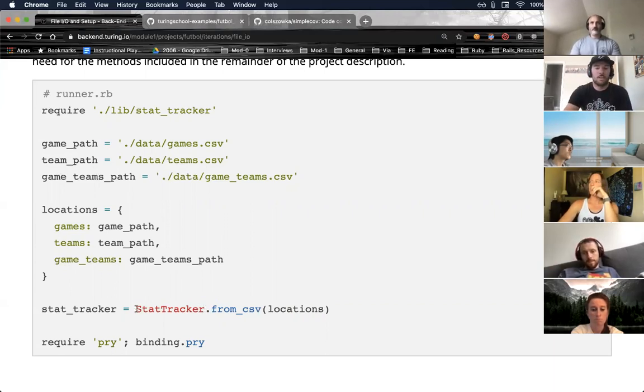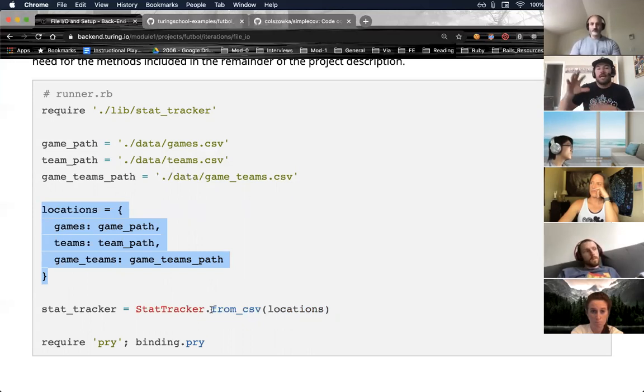Okay, so you can see this is the stat tracker class, this is the method syntax, and it goes right into a method that takes one argument, which is all of the file paths in a hash. Slightly different than what we've shown you so far, still a valid pattern. You have to define a class method called from CSV that does some work, and the return value of that method will be an instance of the stat tracker class.